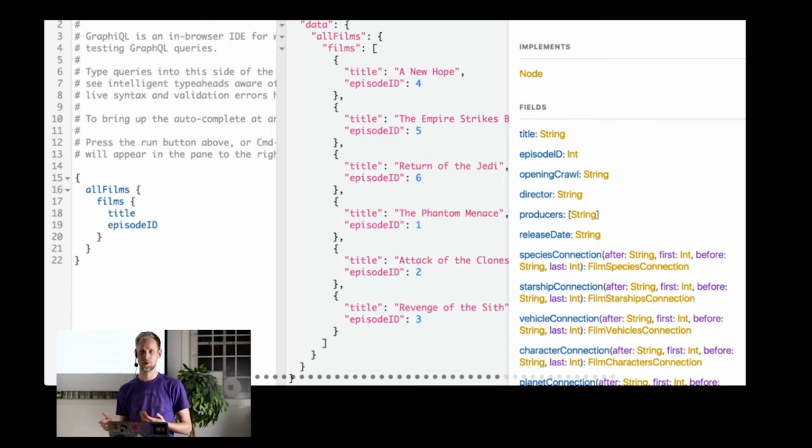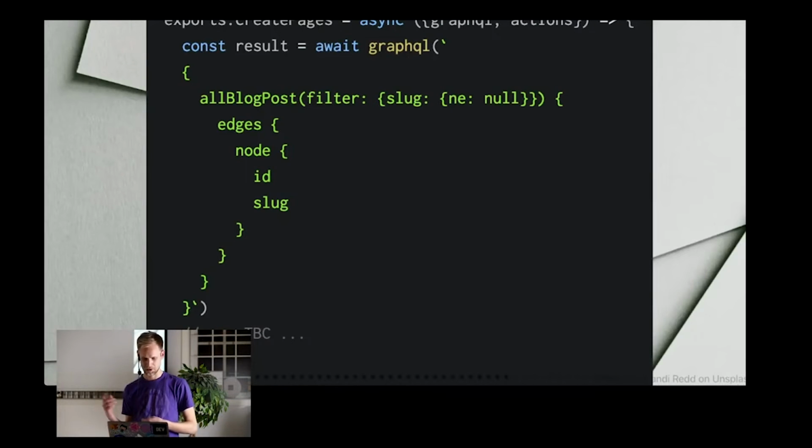So for a blog post, like a blog, you would fetch all the different blog posts. There's a convention in Gatsby that if you want to fetch multiple items of a certain type, it's called all something. So all films in this case, or all blog posts or something. And once you have that, you can start creating this function called create pages, which